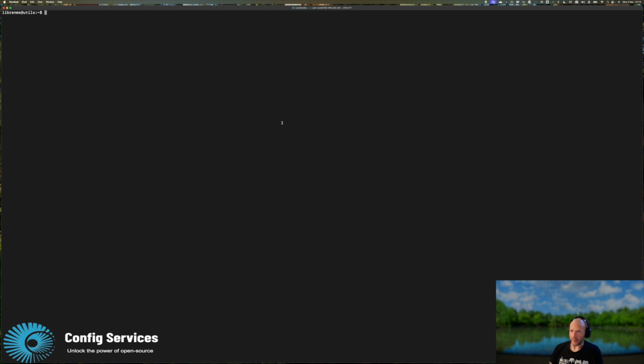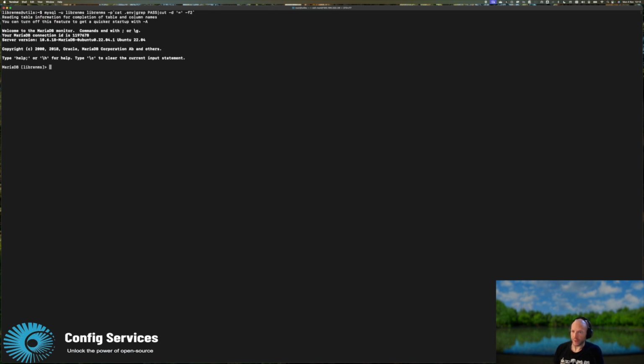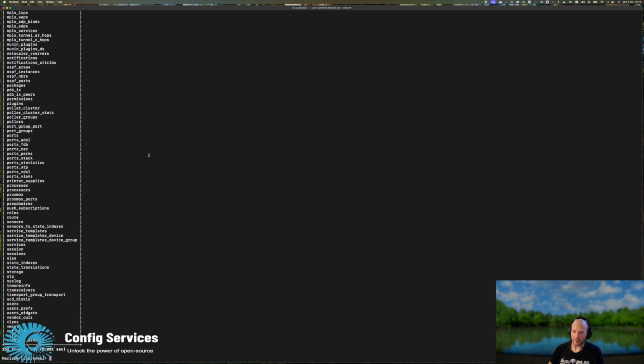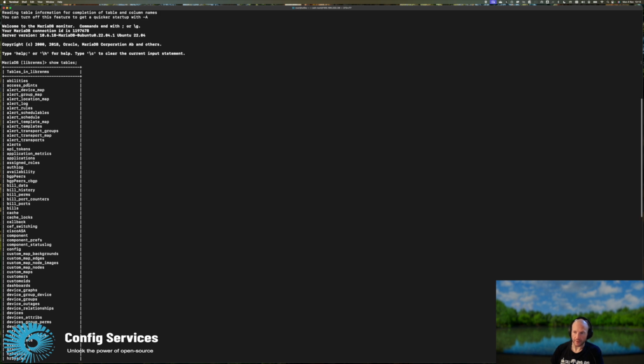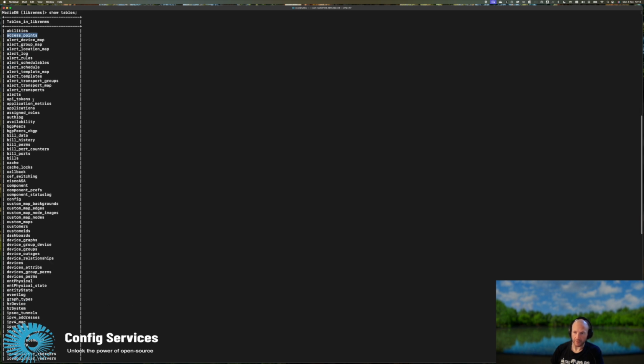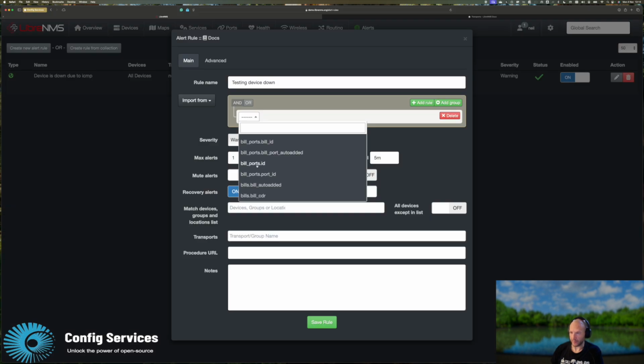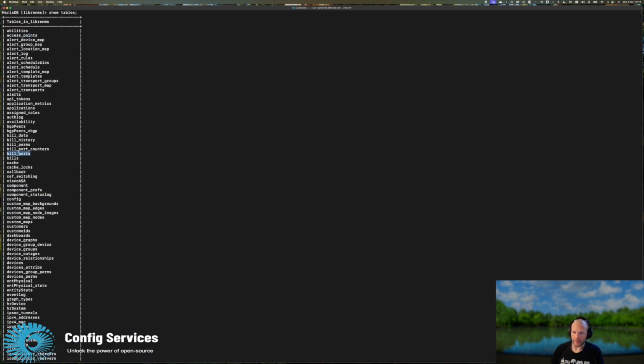So if I just quickly shift over to a shell here, we've got our demo database set up, and if I just do show tables, this lists all the tables available in LibreNMS, and you'll see some of these match up. So we've got things like access points, you'll have bills, devices, etc. as we look through here. So we've got bill ports, and you can see that one here. Now if we actually describe those